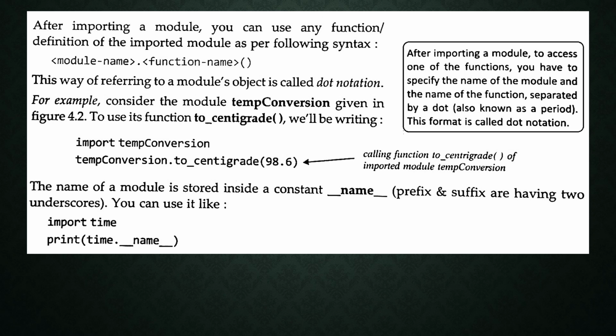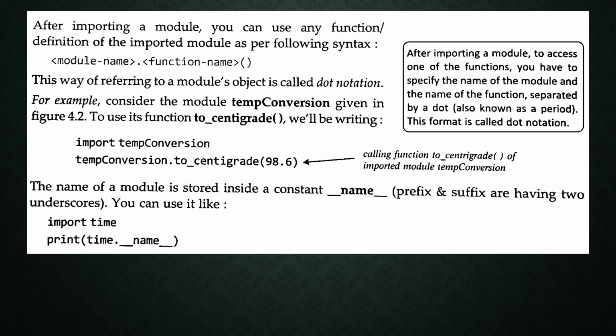And also we studied about the functions: what functions are defined inside that particular module, and what data, that means what constants, are defined inside that module. So four things are there. If you use the help command along with the module name, it will display four things: name, file, functions, and data.